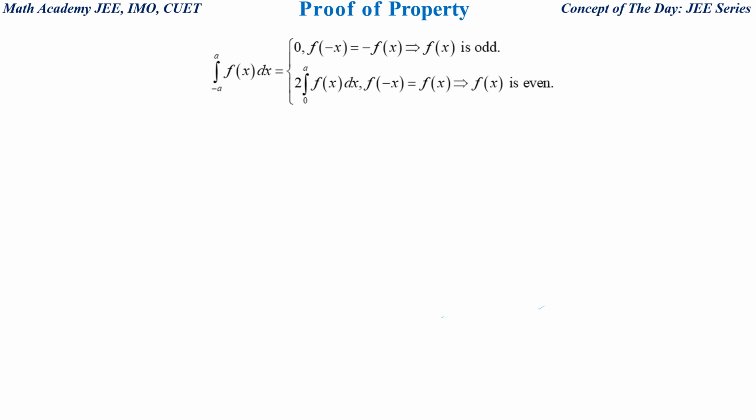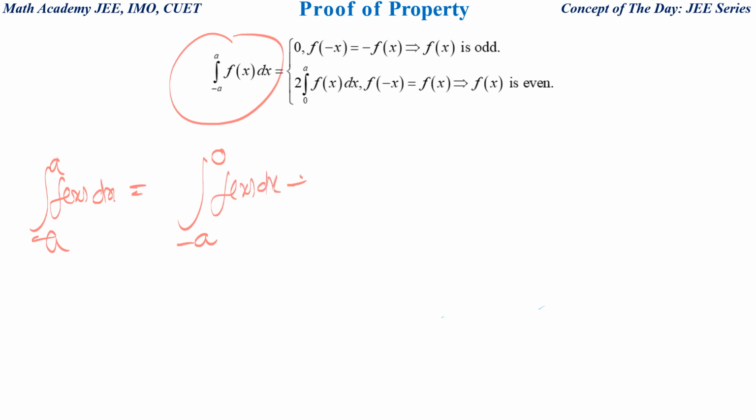As you know, the proof of any property is very important to build your understanding of the concept and build your knowledge. So, let's start the proof of this property. Let's consider this integral, minus a to a of f(x) dx. Let's break the limit of integration into minus a to 0 of f(x) dx plus 0 to a of f(x)